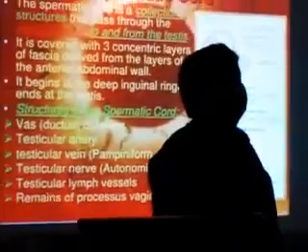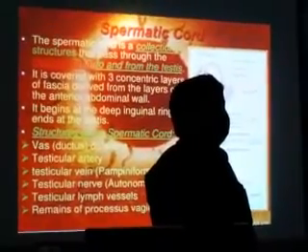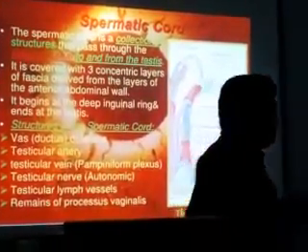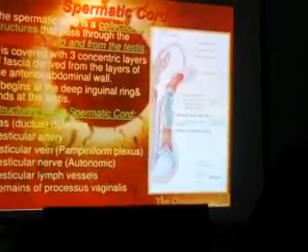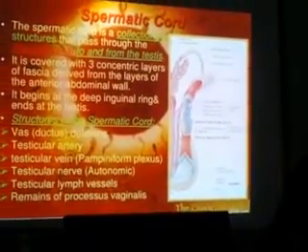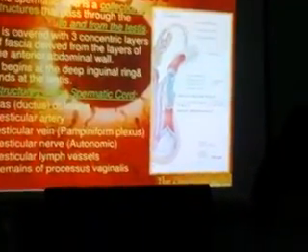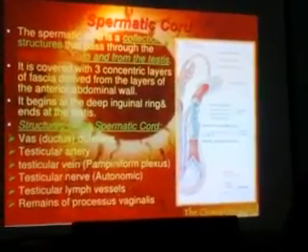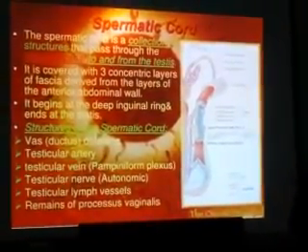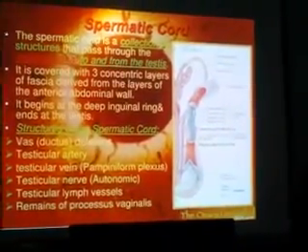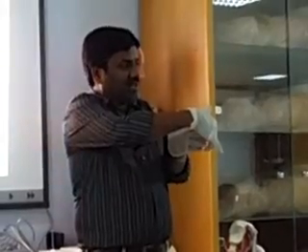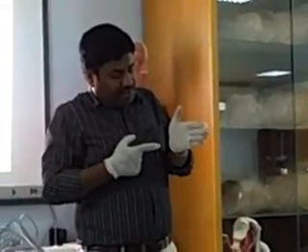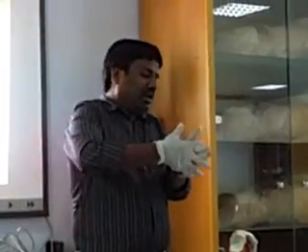The inguinal canal is found behind the inguinal ligament. You will learn it later; I think you have not learned it in your first year musculoskeletal system. There is the inguinal ligament, and behind it comes the inguinal canal. The inguinal ligament runs from the pubic bone to the anterior superior iliac spine. I am talking about the wall, not the ligament: the anterior abdominal wall, lower side. Here you have the opening called the deep inguinal ring, and outside you have the external or superficial inguinal ring. The structures from the abdominal cavity enter through the deep ring, pass through the inguinal canal and come out of the superficial ring.